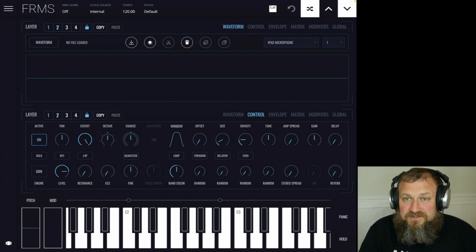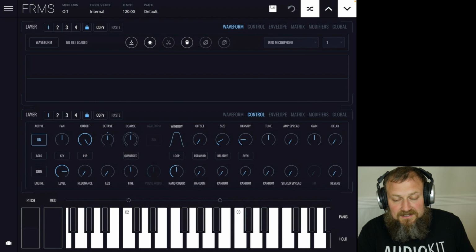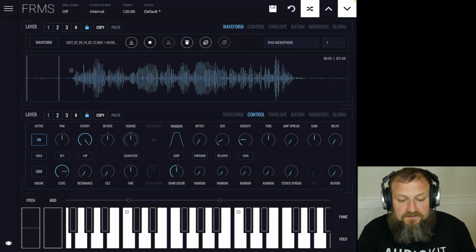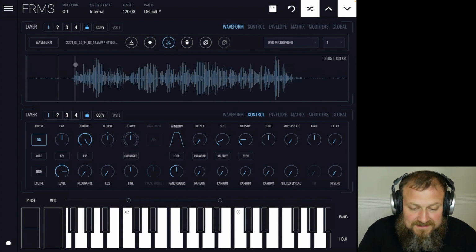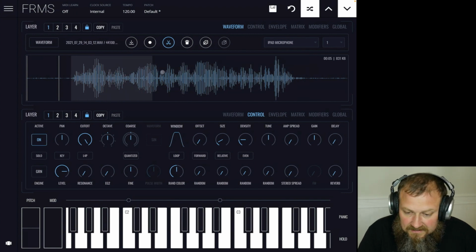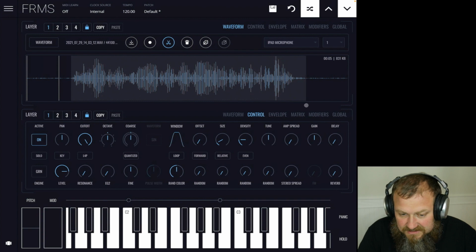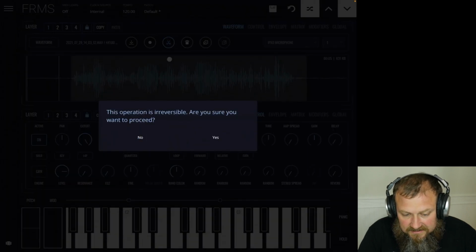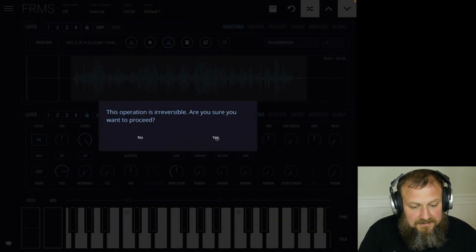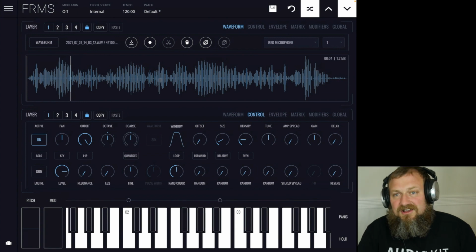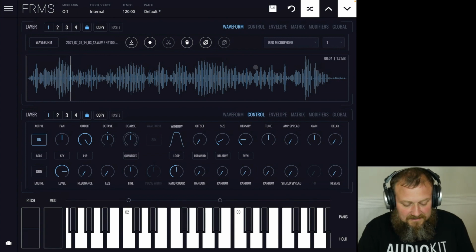I kind of like to whistle, so I'm going to hit the record button and I'm going to whistle. All right. So as far as editing things go, I can select this section here and I can hit cut. It's going to tell me if it's irreversible. I'm like, all right. So now I've cut out the ends. And if I play it,